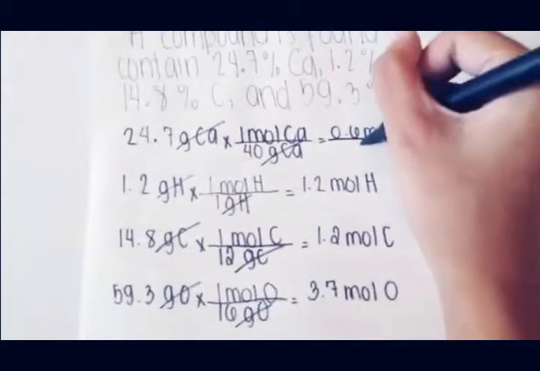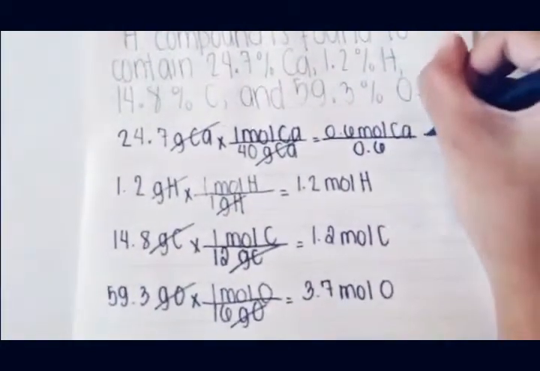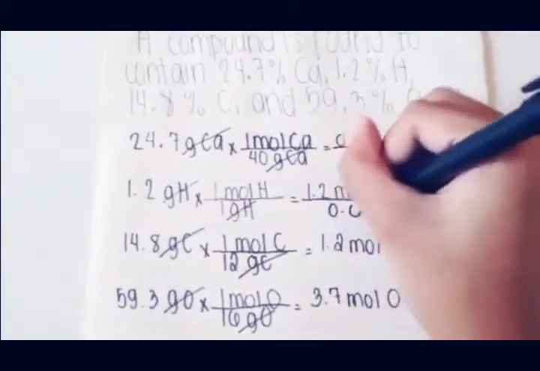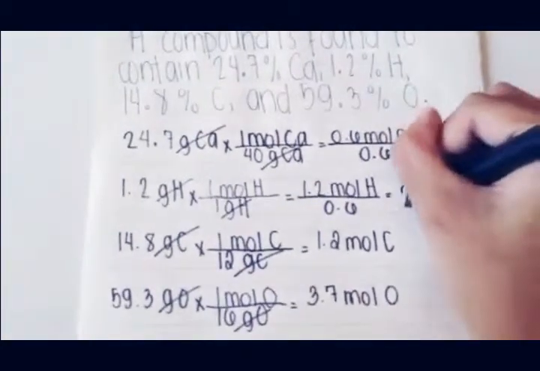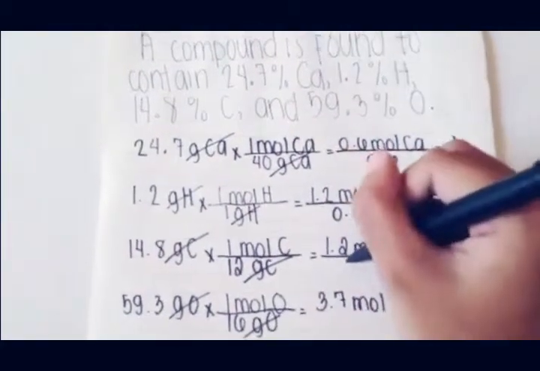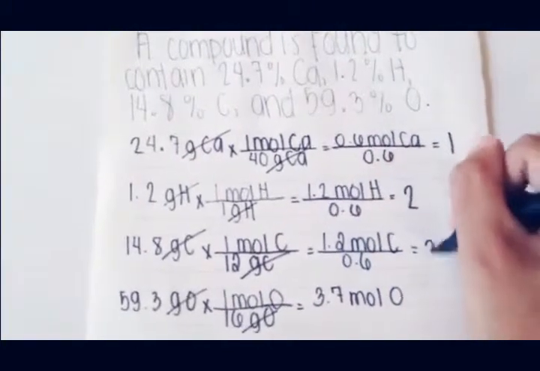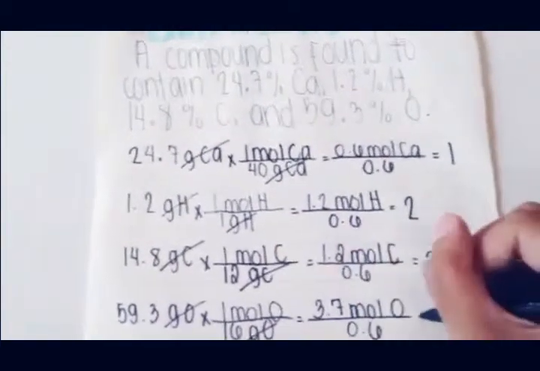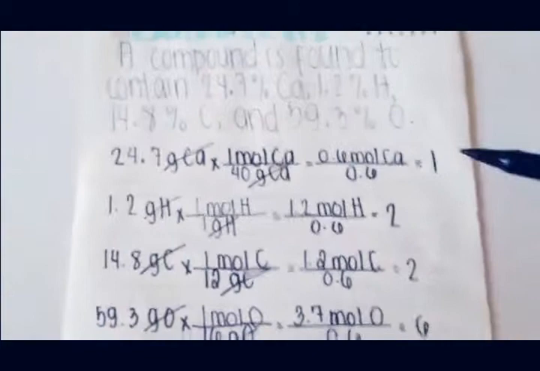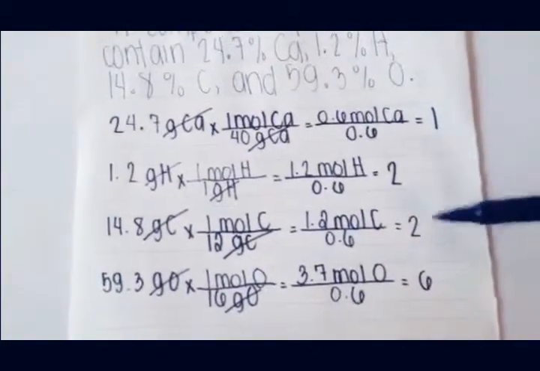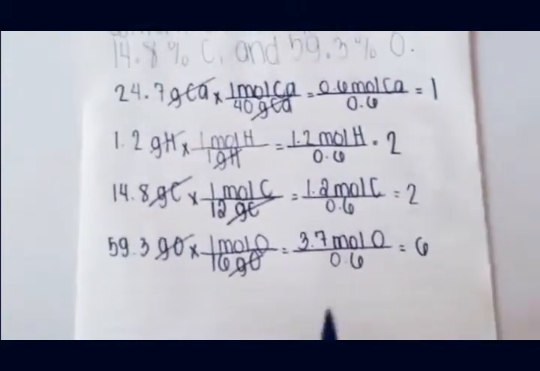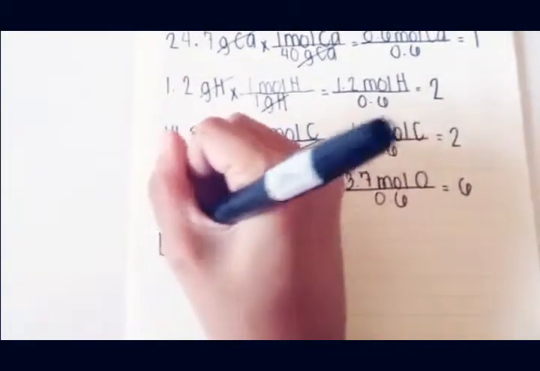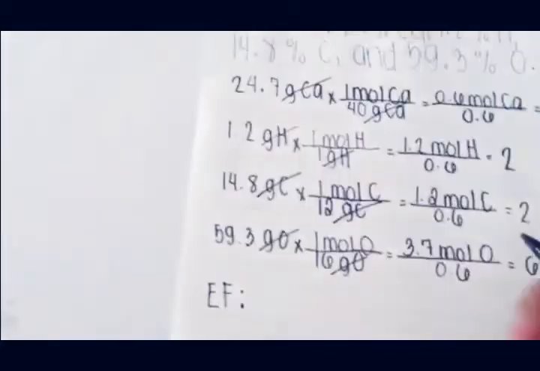So 0.6 divided by itself is equals to 1. 1.2 divided by 0.6 is equals to 2, and 0.6 again is equals to 2, and 3.7 is equals to 6. Note that you have to round off these numbers so that we have the exact empirical formula. And now the answer for our empirical formula is